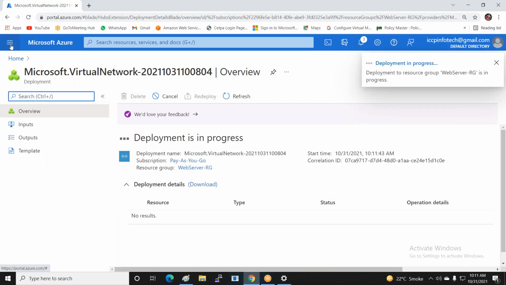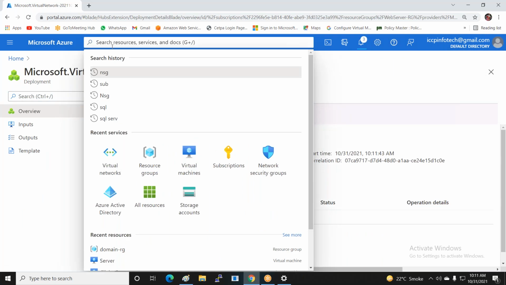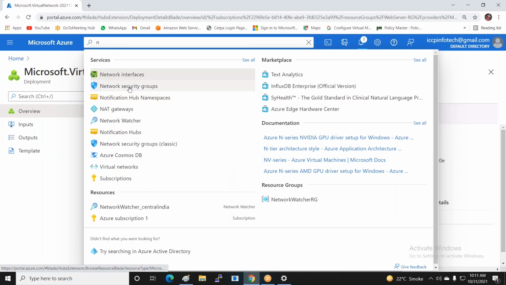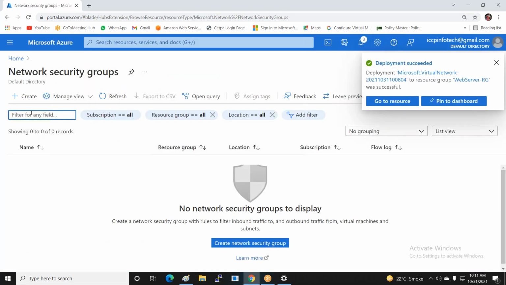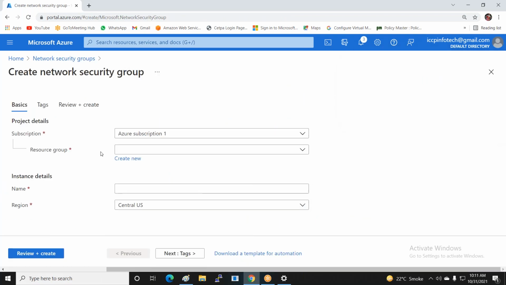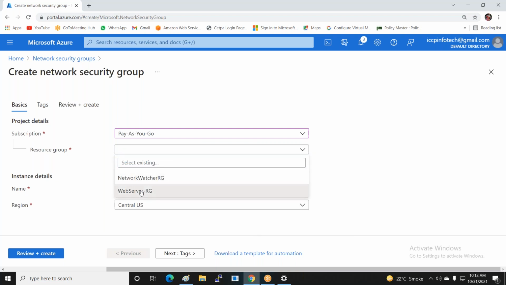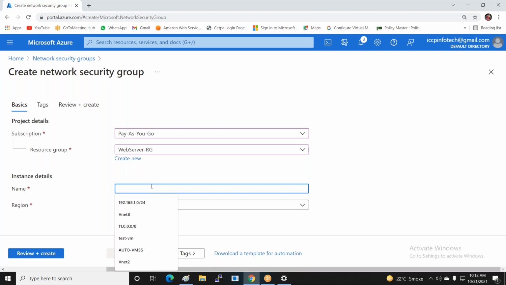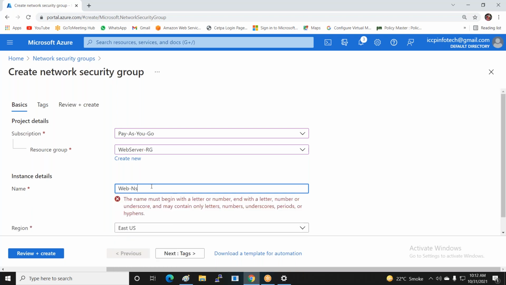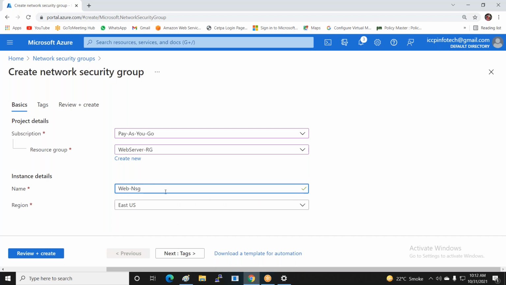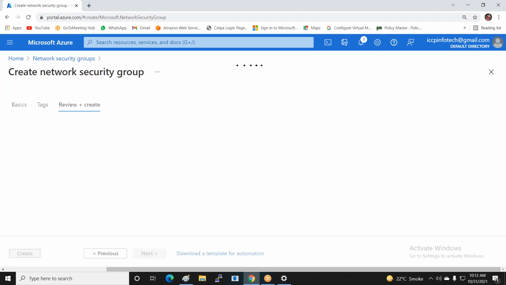So now I click on search, and search for network security group, which is called an NSG. Then I click on create, select the pay-as-you-go subscription, select the web server resource group, and give the network security group the name web-NSG, then review and create.